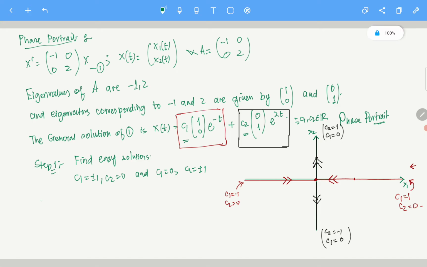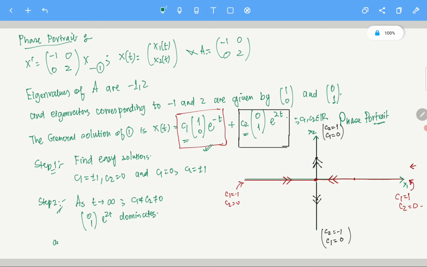Step 2. Okay, so you see, c1 and c2 non-zero, as t tends to infinity, what happens? You realize that this vector 0 1 e power 2t dominates. Dominates means it is becoming extremely big, and this particular one, the maroon one, is going to be very small. The black one is going to dominate. As t tends to infinity it is extremely big, provided c1 and c2 are non-zero.